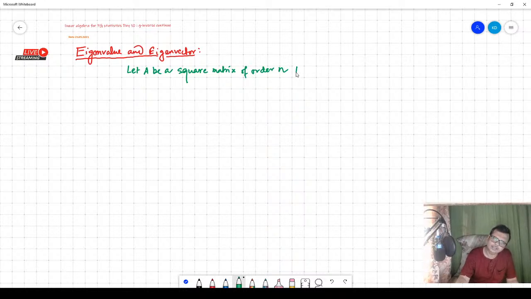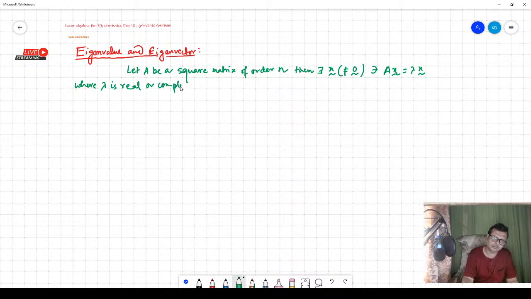Then there exists x, a non-zero vector, such that A x equal to lambda x, where lambda is a real or complex number,